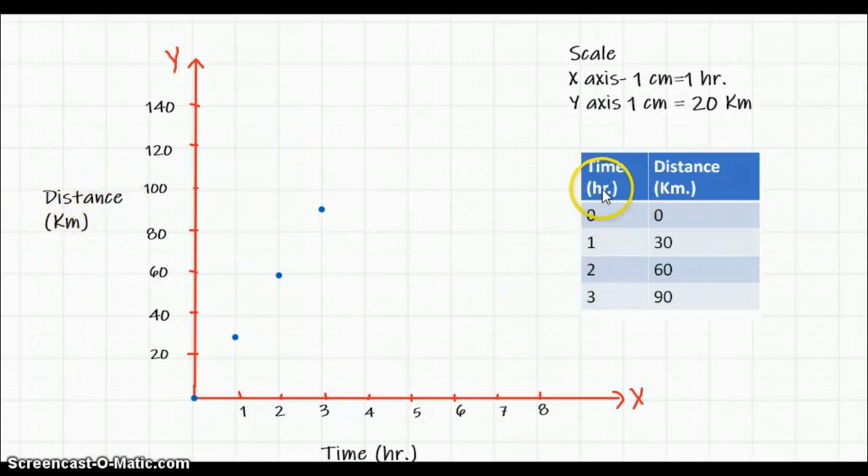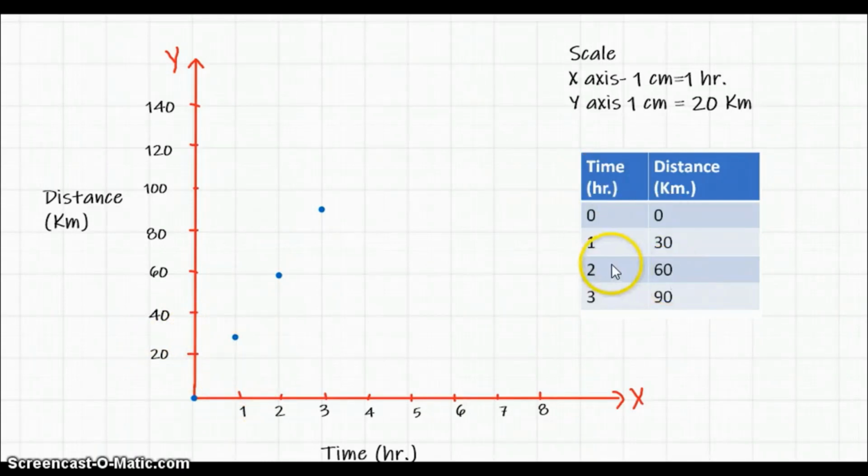If the data is given in seconds and distance in meters, then also the same graph, just change the units. Here also we have to change the units. Now in this table, at 0 hours the distance traveled is 0, so I have put a dot here. Then after 1 hour the distance traveled is 30 kilometers. So this is 30 kilometers, 1 hour. You have to mark with dotted lines.